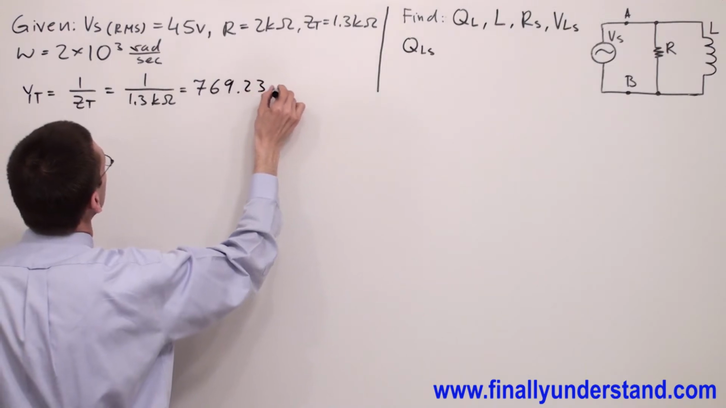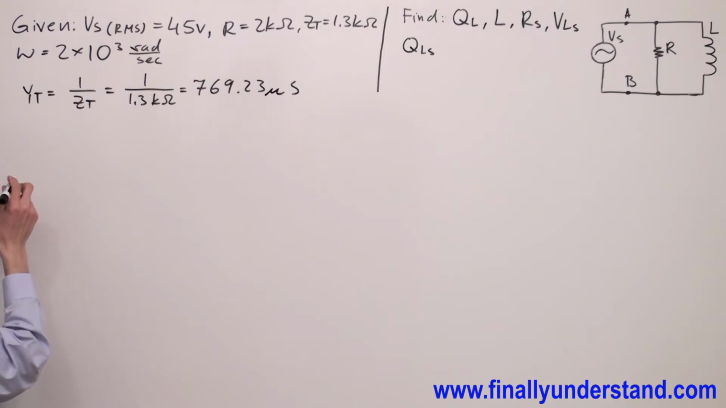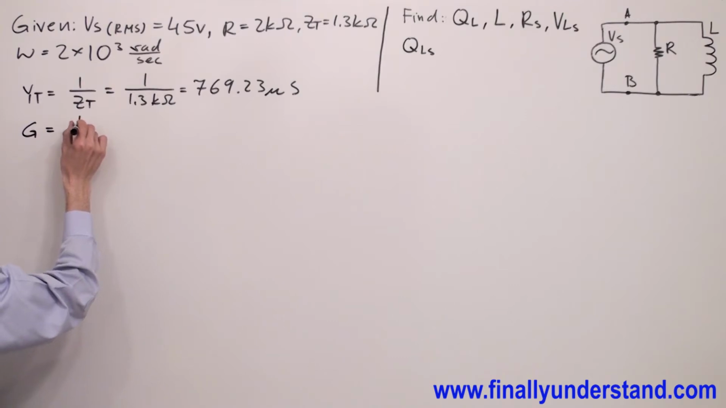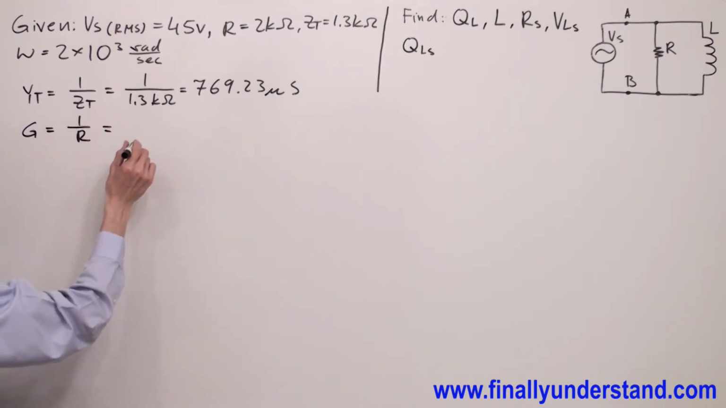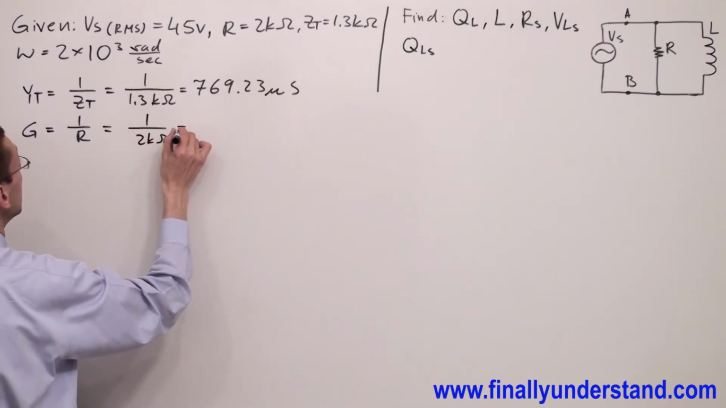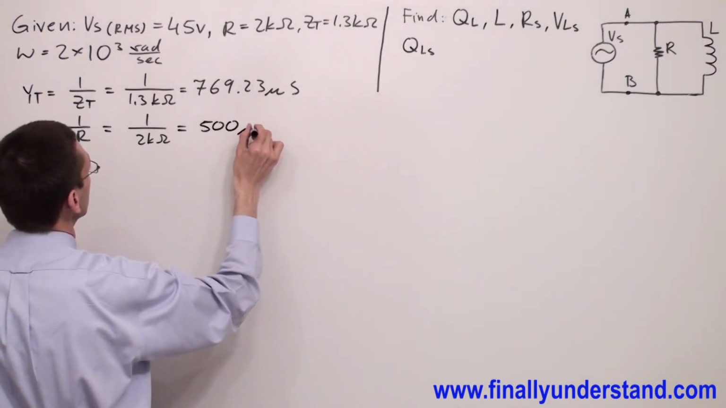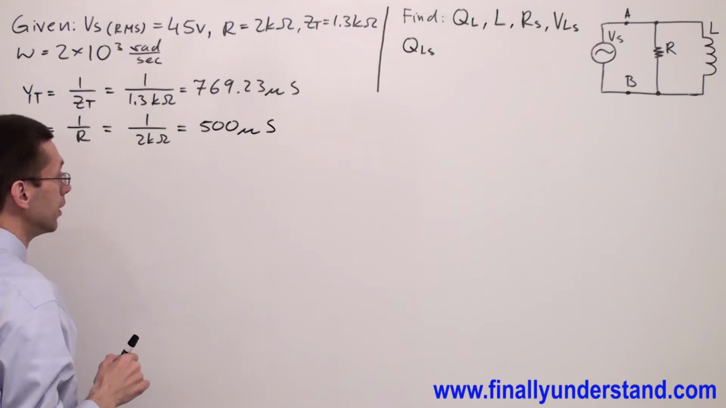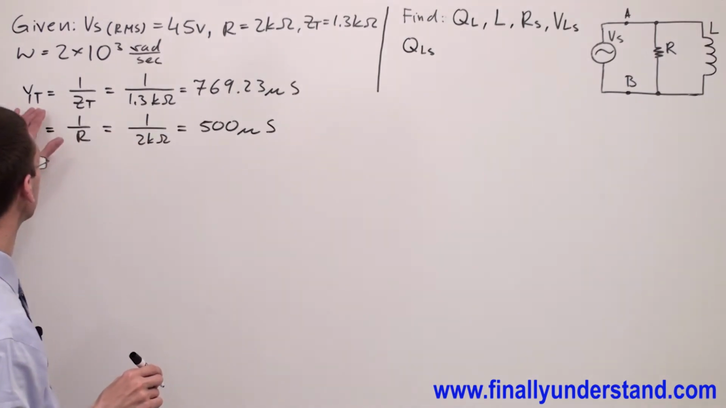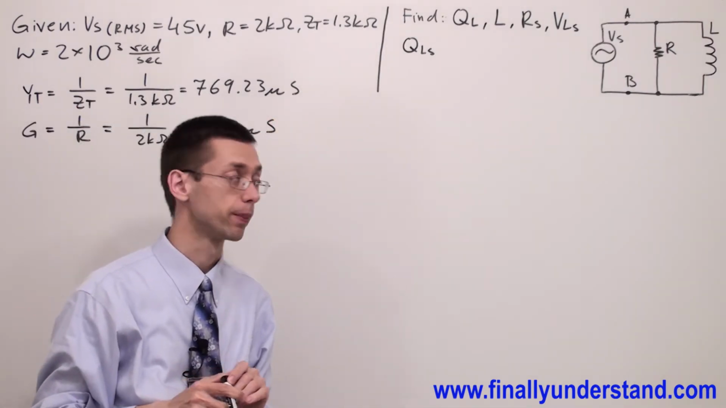769.23 microsiemens. Next, I'm supposed to find G, conductance, 1 over R, which is equal 1 divided by resistance, 2 kilo ohms, gives me 500 microsiemens. Now, because our Y total doesn't have angle, I'm supposed to use Pythagorean theorem to